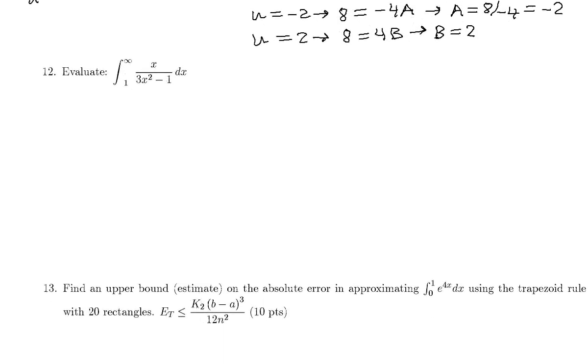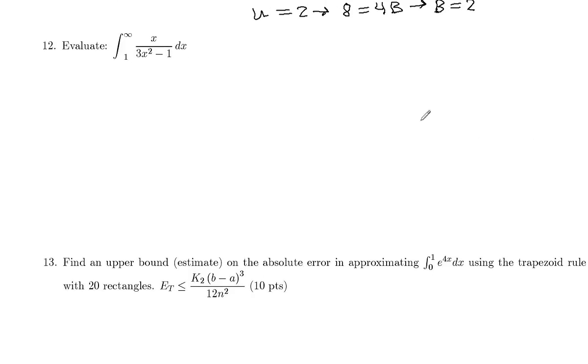All right, next up, looks like we've got an improper integral here. And let's see, the zeros for the denominator here, we've got improper because it's got an infinite limit of integration here, going out to infinity. And then the zeros for the denominator there, 3x squared minus 1, that is equal to 0 when, bring the 1 over, 3x squared equals 1, x squared is equal to 1/3,